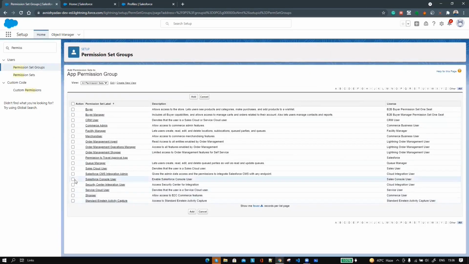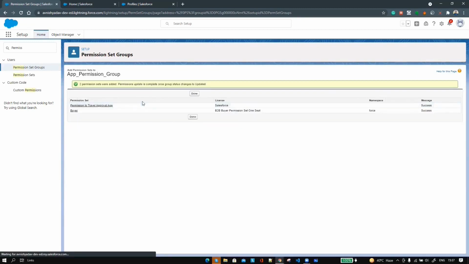We just created an app permission there, so we will choose that, which gives permission to a travel approval app. And for now I'm also using this buyer permission, so I'm going to select that too. Click on the Add button, and these two permission sets are added to my permission set group named app permission group. Click on Done.